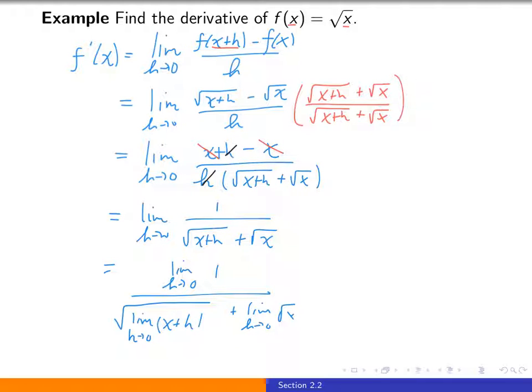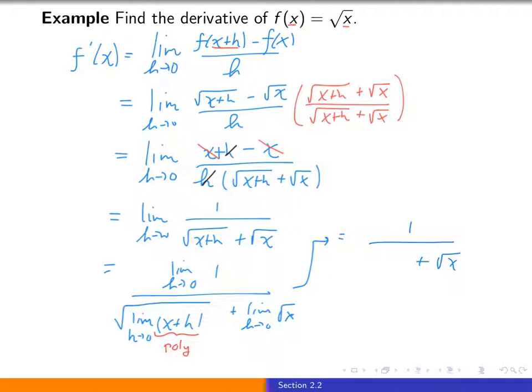And in terms of the limits that we have to evaluate, well, the limit of a constant is always that constant. With respect to h, 1 is a constant, and with respect to h, the square root of x is also a constant. So we're going to have 1 in the top, our second limit in the bottom will be square root x. In terms of the first limit which remains in the bottom,